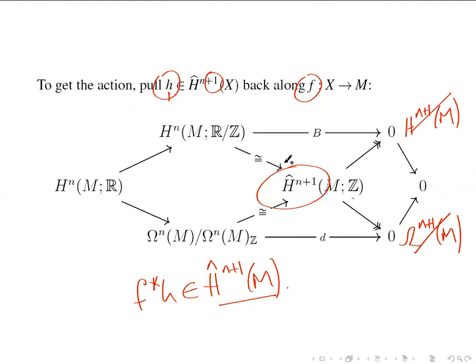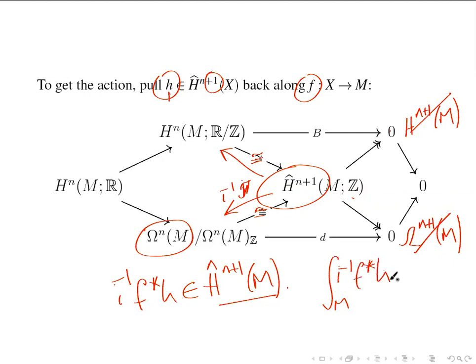And these two, remember, were short exact sequences. That means if these things are 0, then these two maps going in actually are isomorphisms. And because they're isomorphisms, they have inverse maps which go the other way. And so you can take your element f star H, you can follow the map going backwards. I think I called this one J, so let's call this map J minus 1. Sorry, I called it I minus 1. And you can obtain a unique differential form of degree n. So let's call it I minus 1 f star H. All right, well, if you integrate an n-form over your original spacetime manifold and take e to the 2 pi i times it,